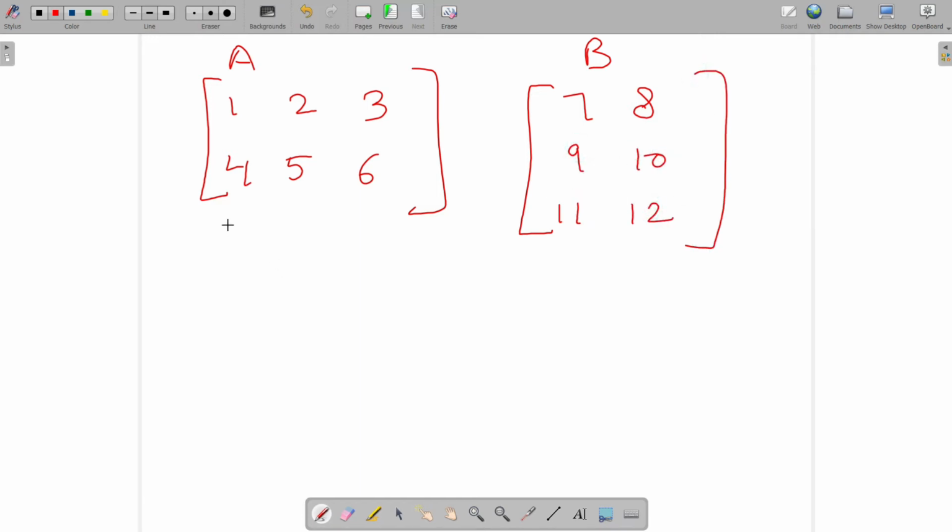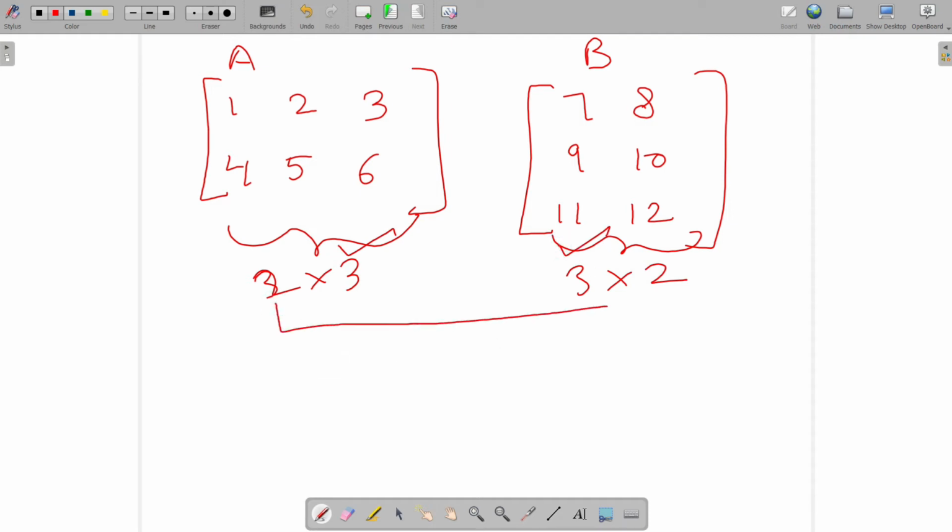So this matrix is of 2 rows and 3 columns and this matrix is of 3 rows and 2 columns. So matrix multiplication is possible, as the number of columns in one matrix is equal to the number of rows in the other. And the resultant will be of 2 into 2.